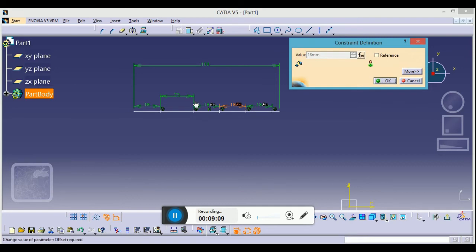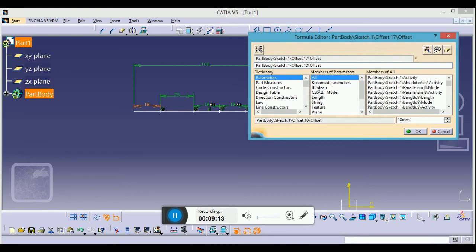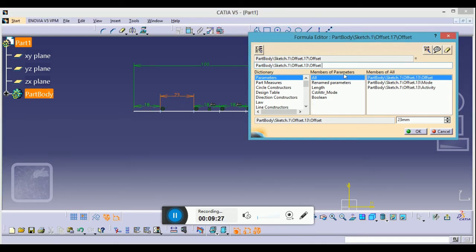Okay, just go here. Select this and select from the reference to which you have to make that equal, is this value. Okay, just press OK.